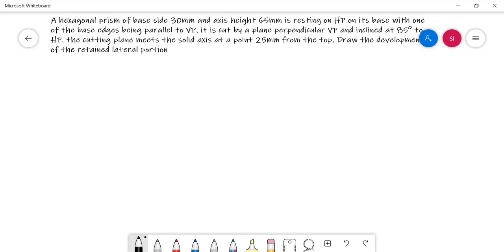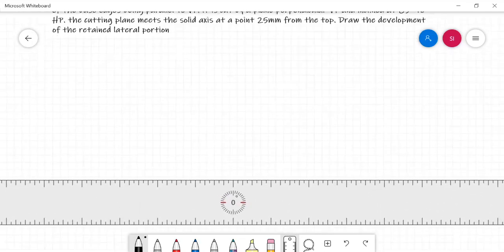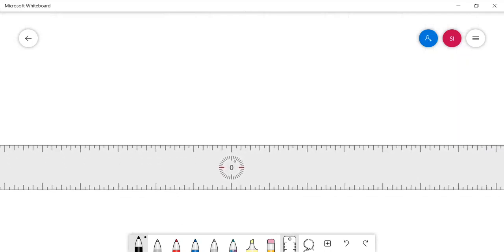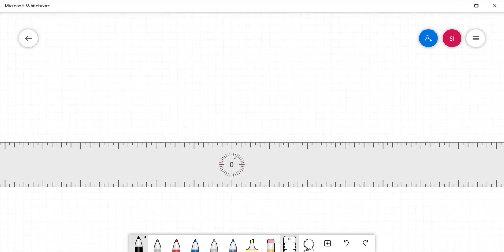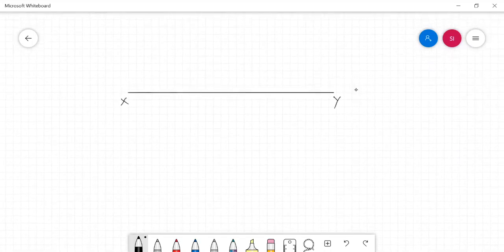Let me draw the front and top views of the solid. The solid base view is a hexagon.